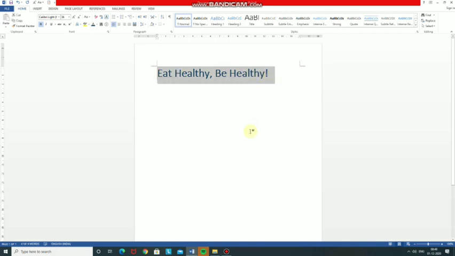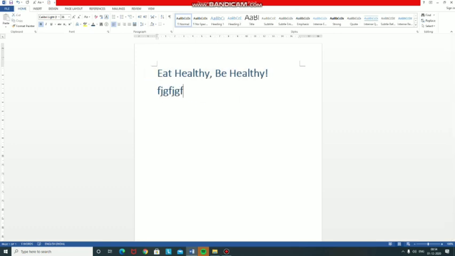You can also use the selection bar to select the text. The selection bar is the space between the left edge of the page and where the text begins. The following table gives a summary of the mouse action required for selecting different parts of the text. First, if you want to select a word, double click the word. I want to select the word healthy, double click the word and it is selected. Now, a line of text. Click the selection bar to the left of the line. This is the selection bar. The line is selected.